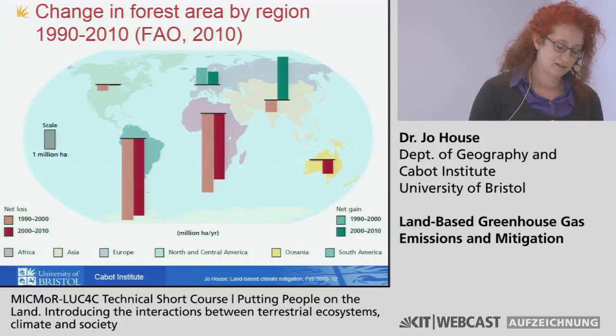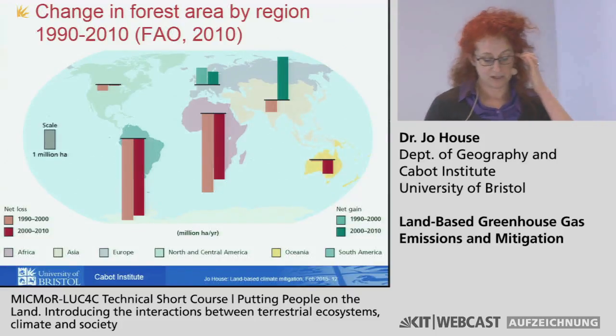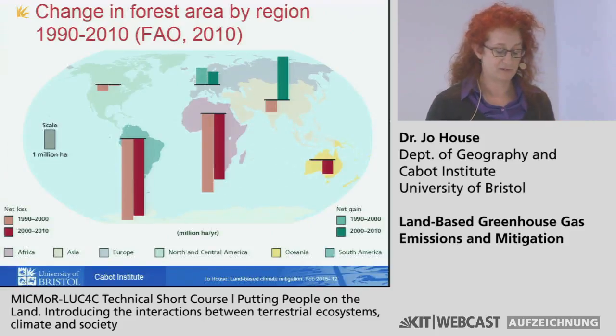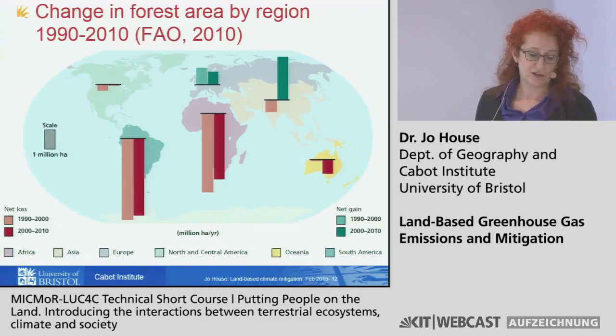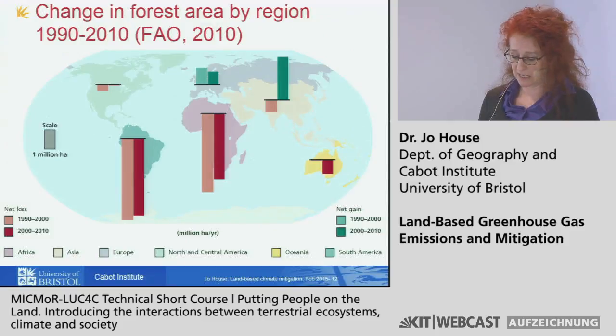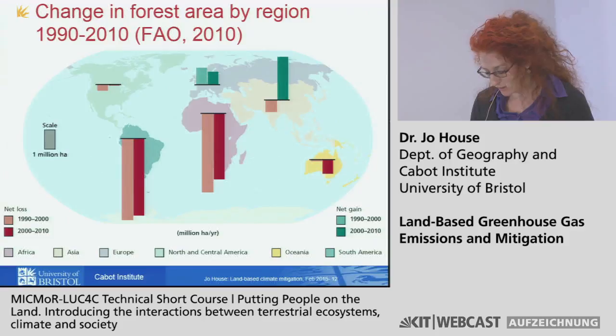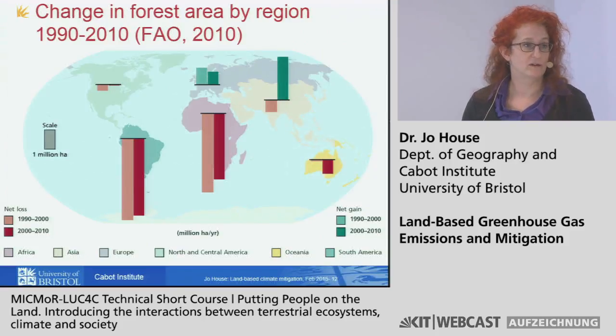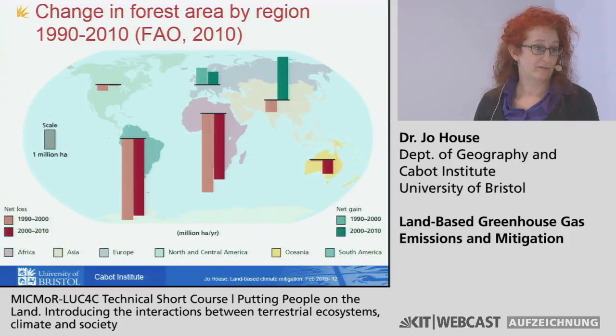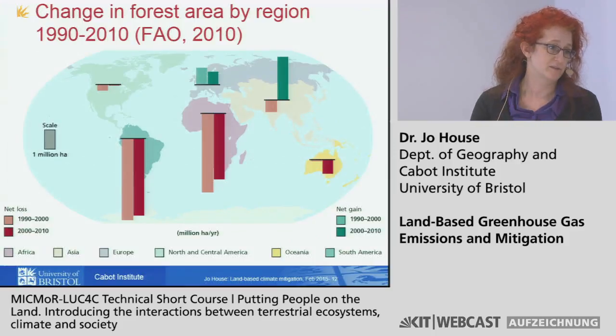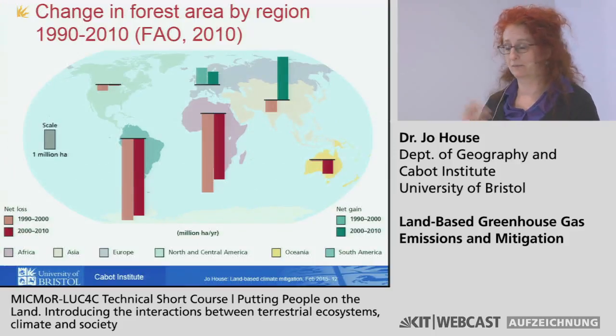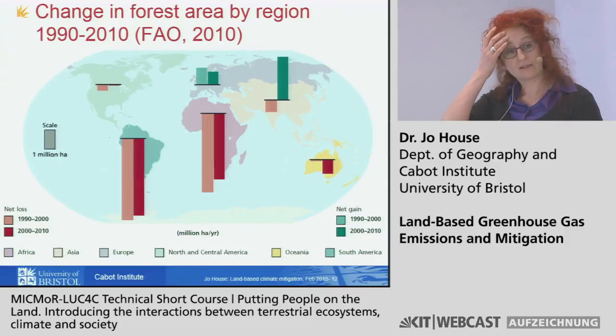So what's driving the CO2 emissions from land use change is mainly deforestation. This figure shows you the change in forest area by region from the FAO, the Food and Agriculture Organization of the United Nations. It's another reporting thing, but countries report to the FAO on area of cropland, on area of forest land, on different types of agricultural production, on wheat yields and maize yields, and all different kinds of things, and that's quite a valuable source of data.